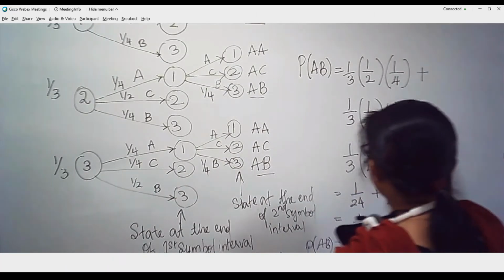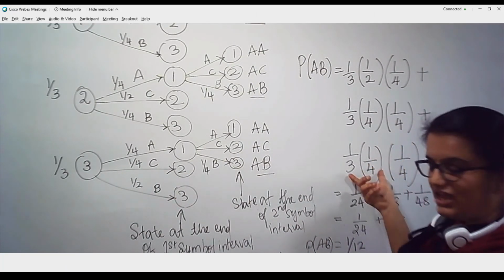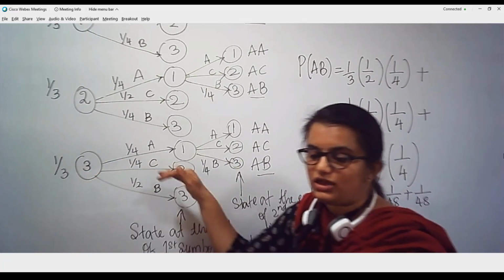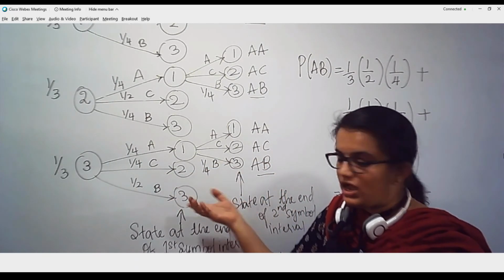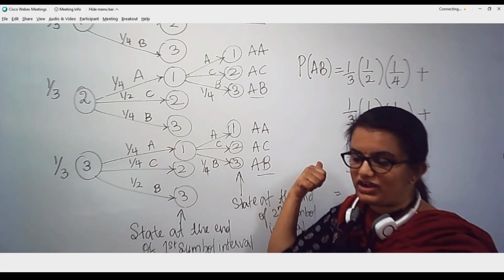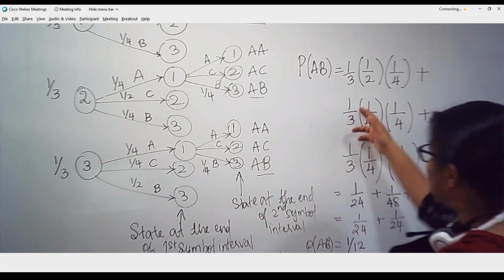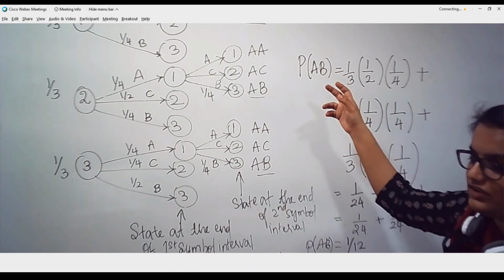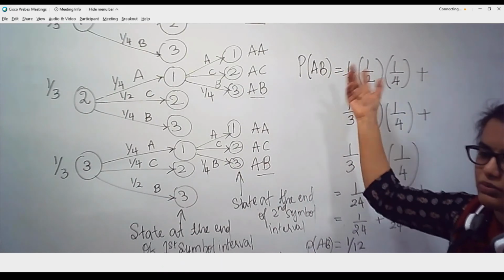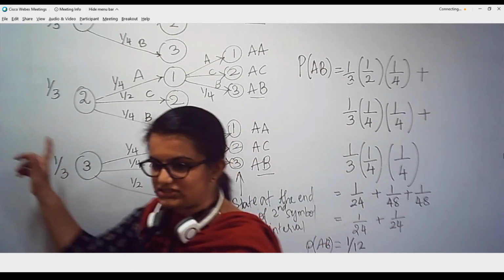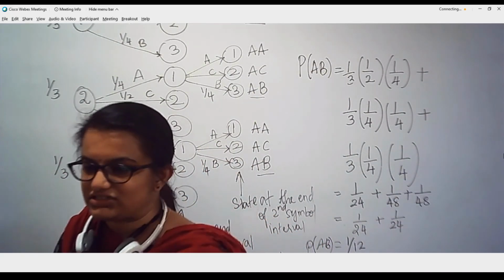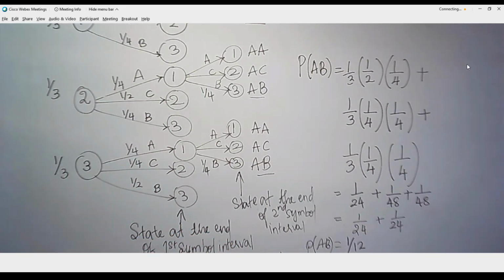Here the probability I am calculating is dependent on how the source is going to pick the alphabet, or what is the probability after what, and we need to find out this probability. You cannot just randomly say AB is appearing only once and multiply the probability of A and probability of B. You have to look at the process, you have to look at the state transitions, only then you can decide upon that. I hope I have answered your doubt.